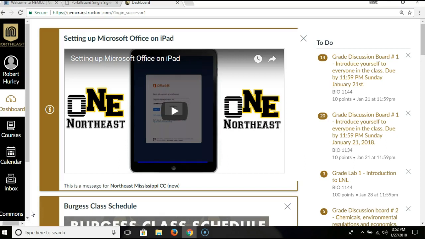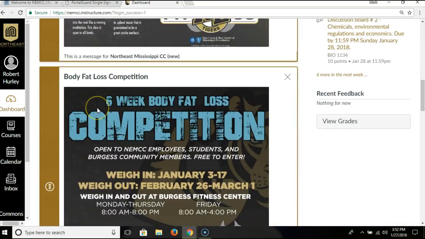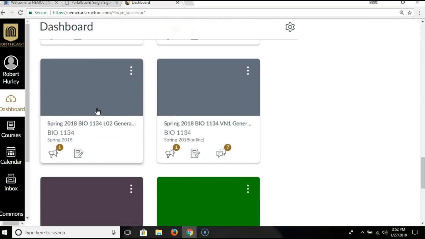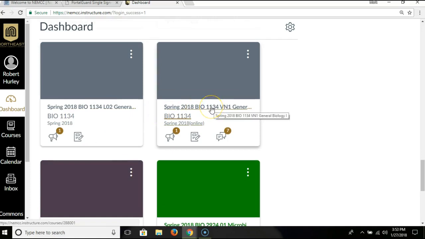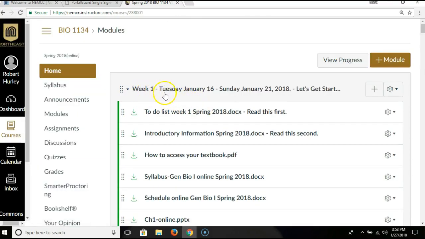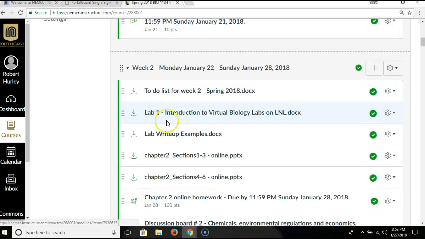So, as you can see, I already have Canvas open right here, and I can go to your class by going down here to the dashboard, and let's see, you are in this one right here. Of course, the dashboard has all the different classes you're taking. For me, it has different ones I'm teaching. So I'm going to click on this,